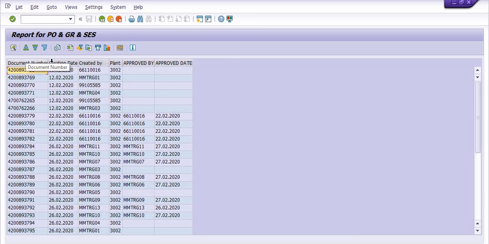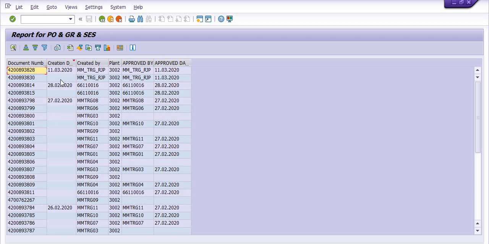You can sort these purchase orders based on the creation date, in descending or ascending order. So based on the date criteria, you can identify. If you want to get the record of purchase orders which are not yet approved and are pending with certain IDs, certain competent authority IDs, then you can get the records like this.